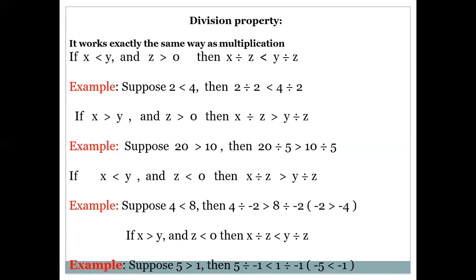Now let's see the second condition. If the number z is less than 0, meaning a negative number, and x is less than y, then x divided by z is greater than y divided by z. Now if we divide the whole inequality by a negative number, then the sign of inequality, which is less than here, is changed into the greater than sign. Understand? If the sign of inequality is less than, then after division the sign of inequality should be changed into